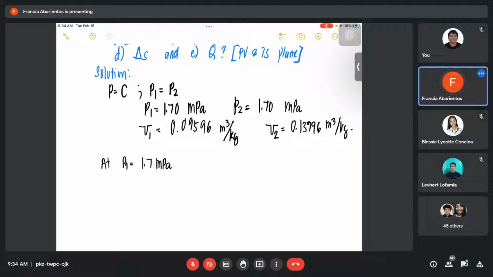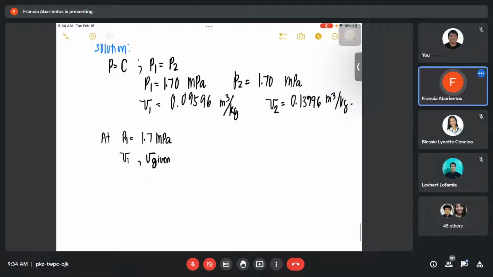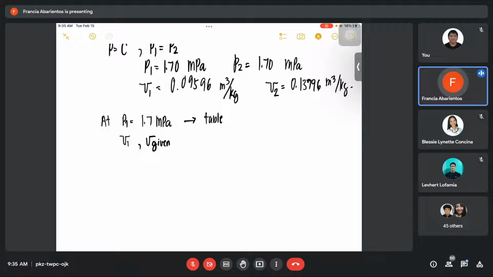What will we look for first, class? The given is the specific volume at point 1, so make sure this is the given specific volume. Okay, class, we have now the specific volume. This is what I mean by the given specific volume, complete it. You will see in table 2, page 11, so that the other classmates understand better, the specific volume of the saturated liquid: 1.1634 times 10 to the negative 3 cubic meter